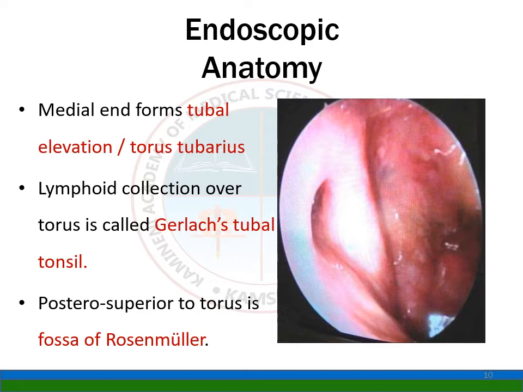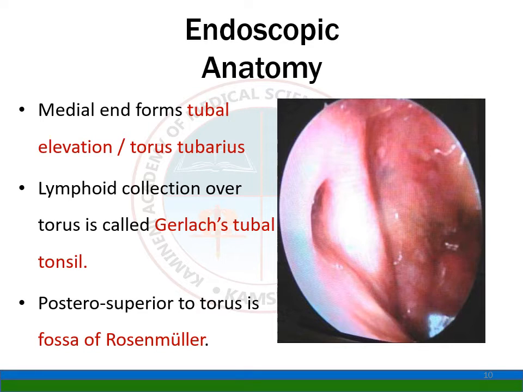Here is the point of interest. What is the fossa of Rosenmuller? The posterior superior part of the torus is called the fossa of Rosenmuller. Why is it very important? Because nasopharyngeal carcinoma starts from the